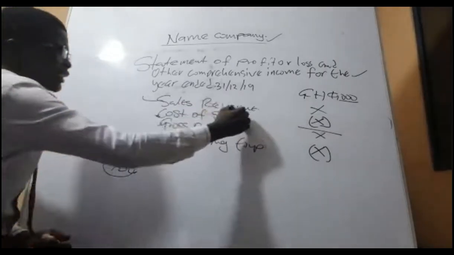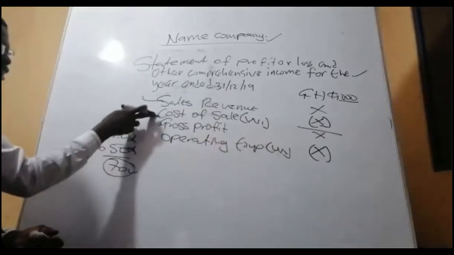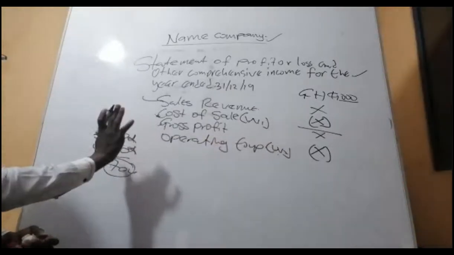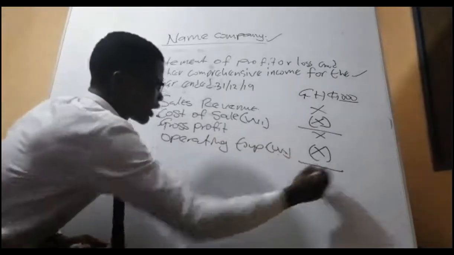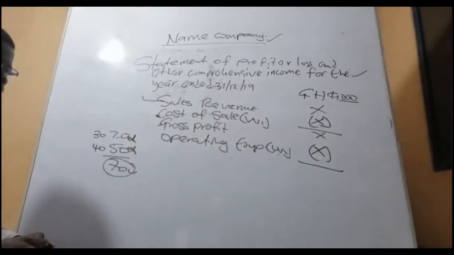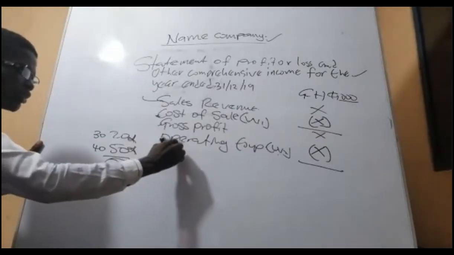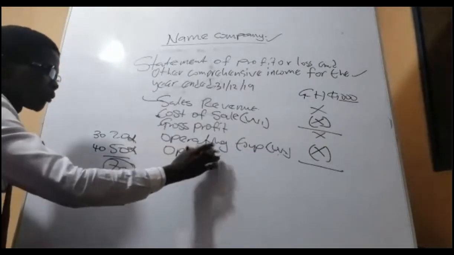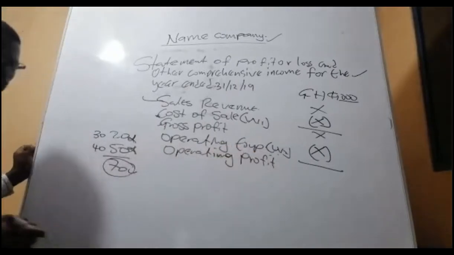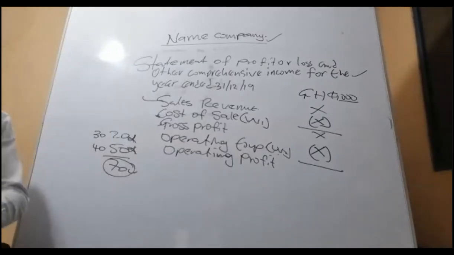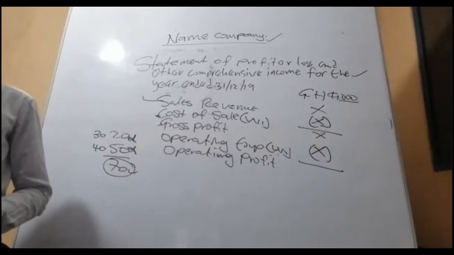So on the first, I will go and explain workings one and then workings two. These two items are not free at all. Then when I take it off, the answer you get is what you call operating profit. So how do you find operating profit? What would be the formula for finding operating profit?